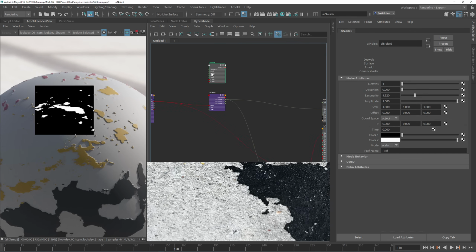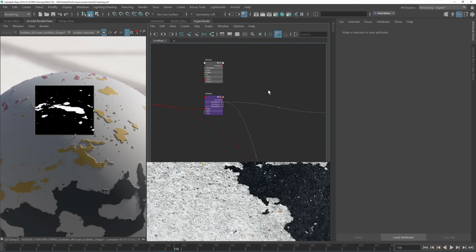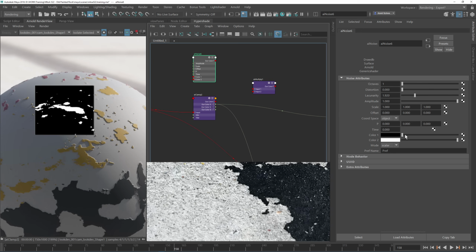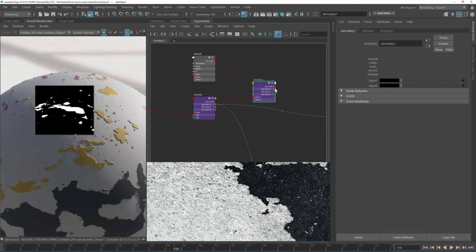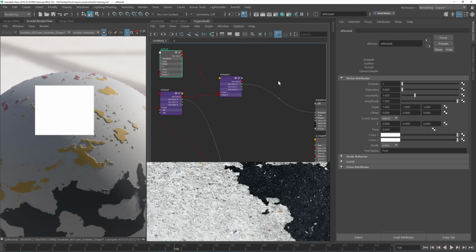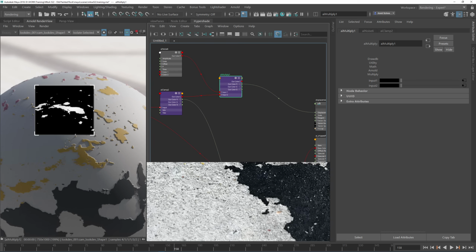Okay, and now what I want to do is multiply them together, a multiply node. And I want these both to be white. So 1 times 1 is 1, so there's no change. Okay, so if I visualize this, this is now my scale. So I definitely want to go lower, maybe 0.2. So if I visualize the result,